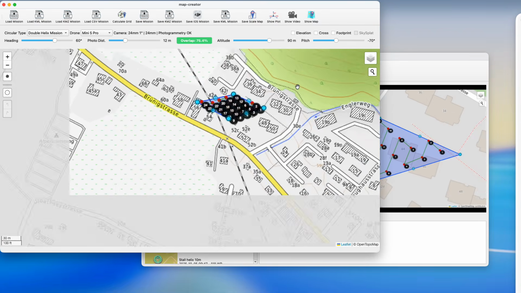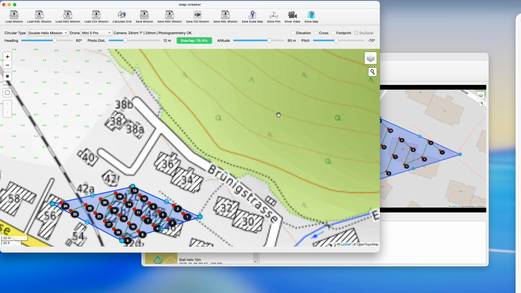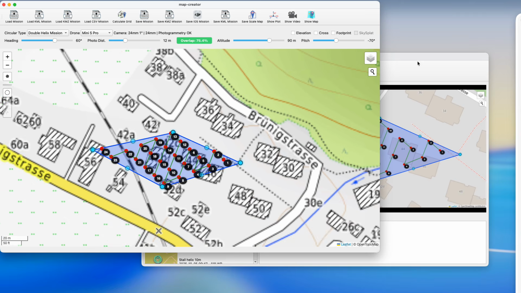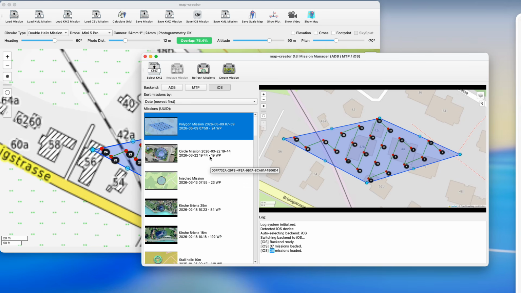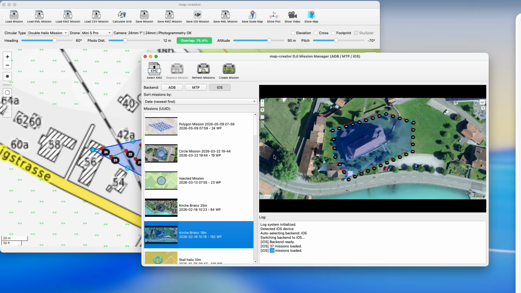Topography is very interesting to see the height lines if you are on a steep terrain, and you will get the same view here with the map you just selected on the map creator. So this is very comfortable to see the mission, also if we have satellite view. And here, for example, what you can see for this polygon point of interest mission,